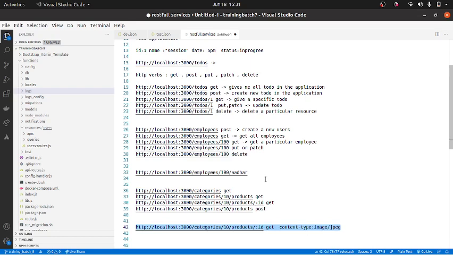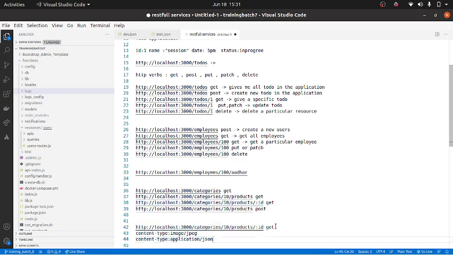It will try to fetch the image type from the resource for that particular product. The product detail will basically give the image representation of that product. For example, if I make the content type application/JSON, it will give JSON data. For the same product, we are going to return the JSON object, right?